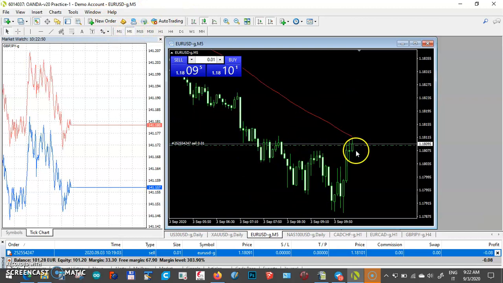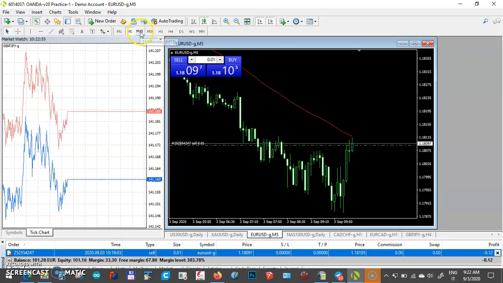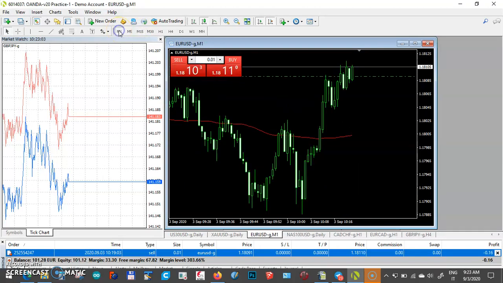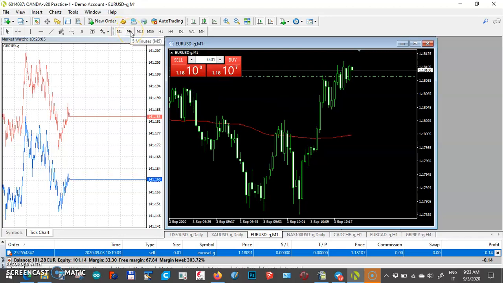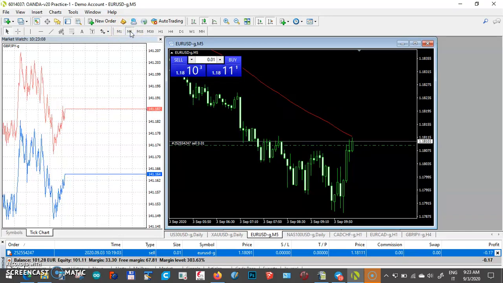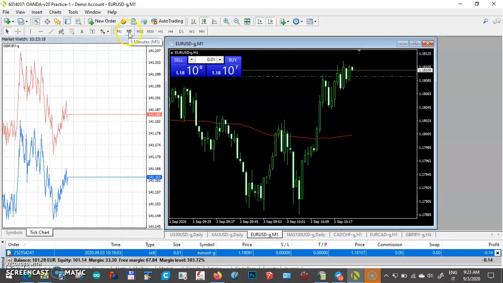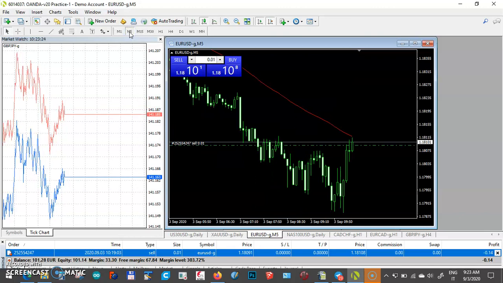I'm going to see M5. I'm waiting to close my trade, but I think this will be a loss,